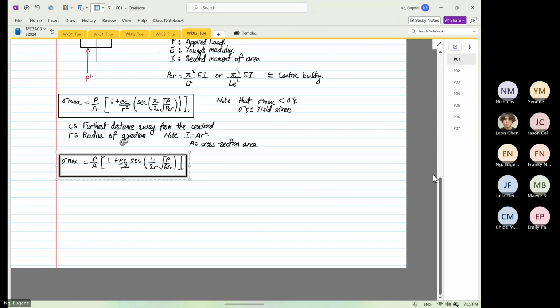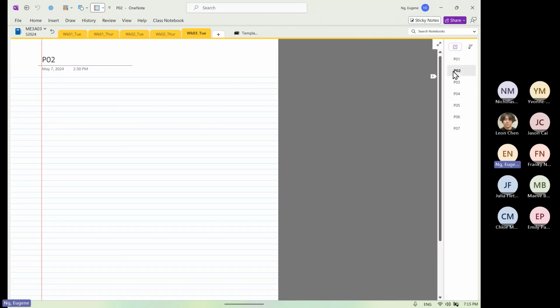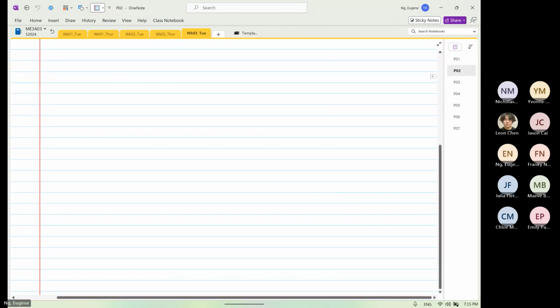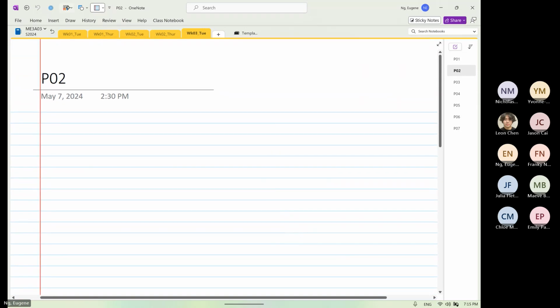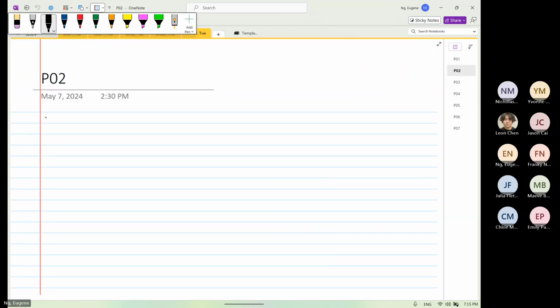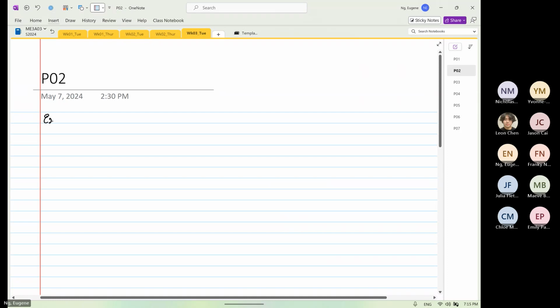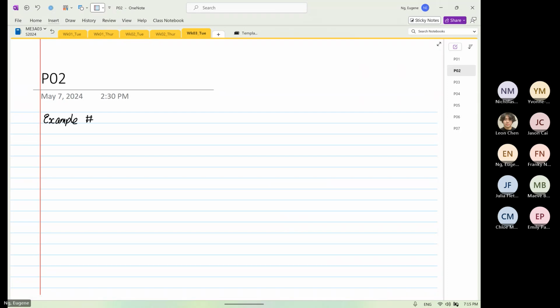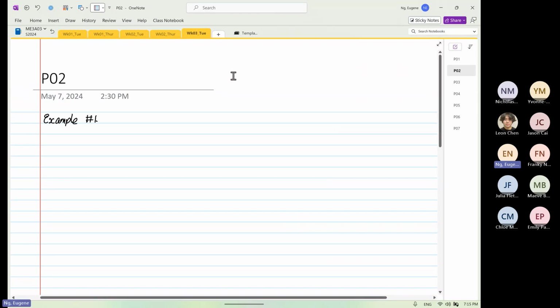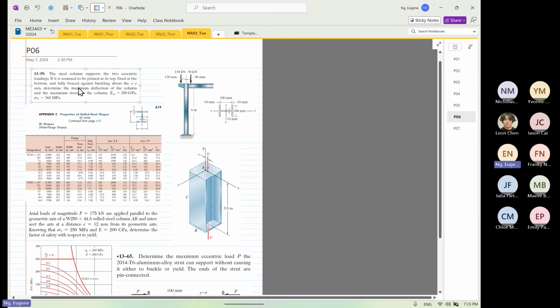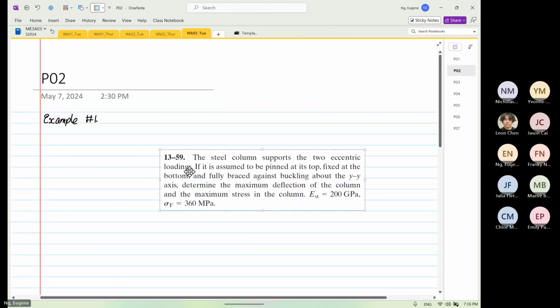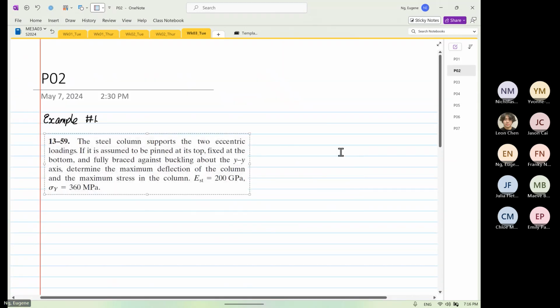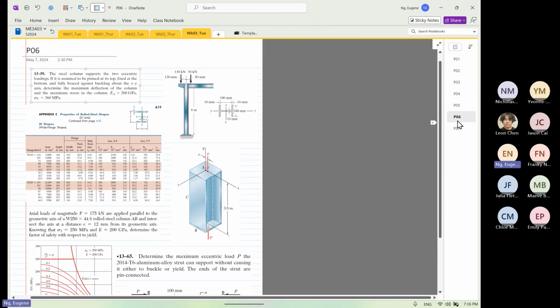So let's do example number 1. The first example that we'll try to attempt is this one. And I'll get the diagram